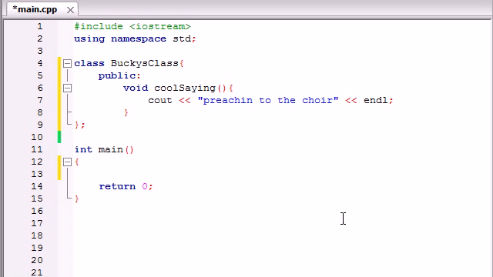So in order to create an object, it's basically the same as creating a variable. You go ahead and you do this. You type the name of your class, which is Bucky's class, and then after this, you give your object a name, and I'm just going to name mine Bucky's object, just like that, and go ahead and add a semicolon. And now this object, Bucky's object, you use this kind of as the key whenever you want to access the